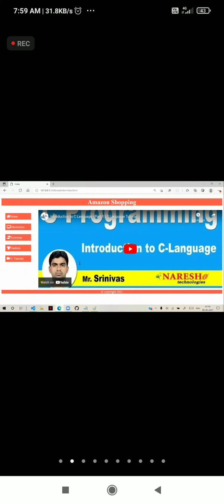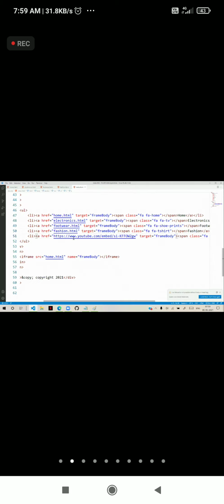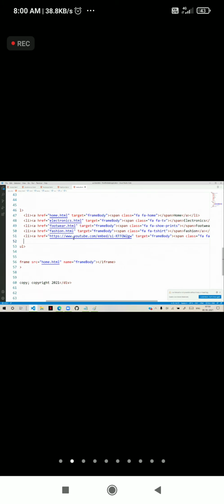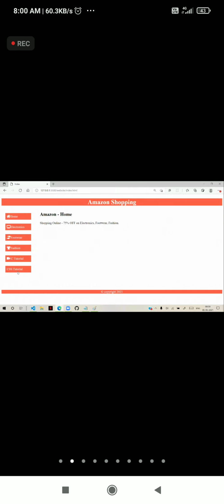So what you have to do here is create a link. So anchor href is equal to docs/css demo.pdf and the target is the frame body. And here we say CSS tutorial like this. And this is another link we have.